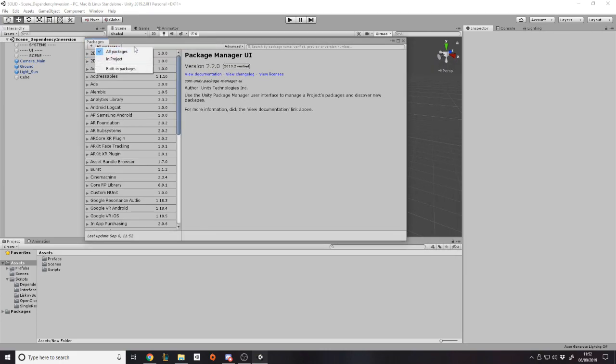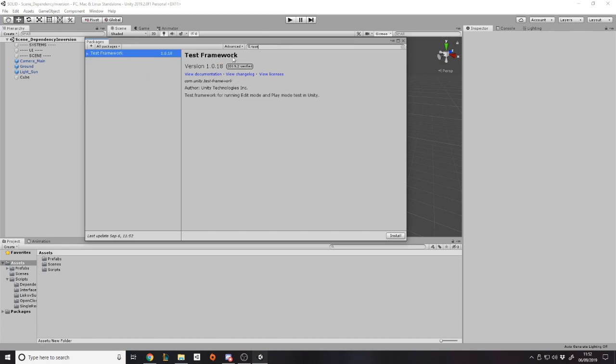So if you go onto All and make sure you've got preview on, just in case we do use a preview package, but we probably won't. Just scroll down here, and there's a few that you need. You're going to need anything pretty much to do with testing. Oh no, there is a search thing actually, I forgot about that. You're going to need the test framework. So install the test framework, and that gives you access to the test runner, which is where you run your tests, pretty obvious. And then, to be honest, after the test framework, I don't think there's anything else we need